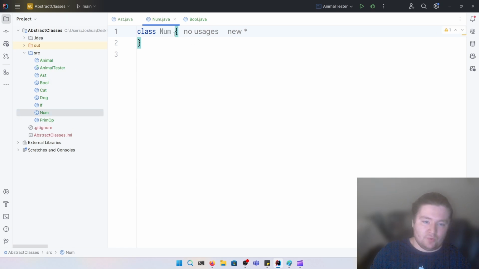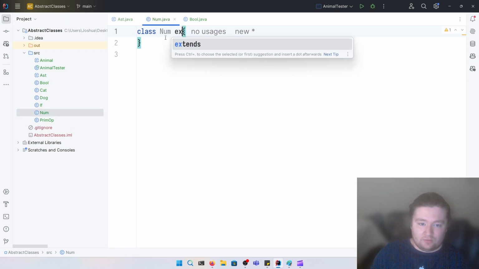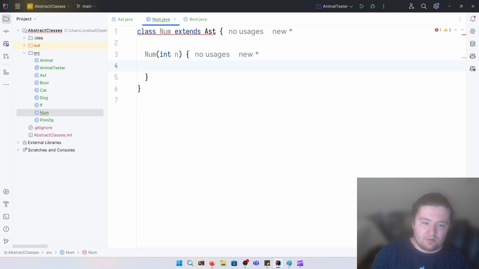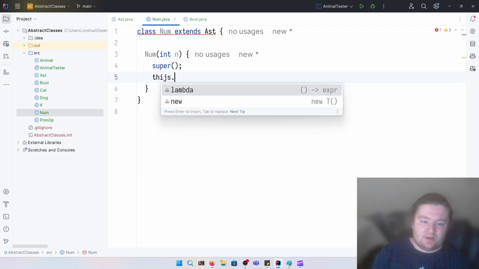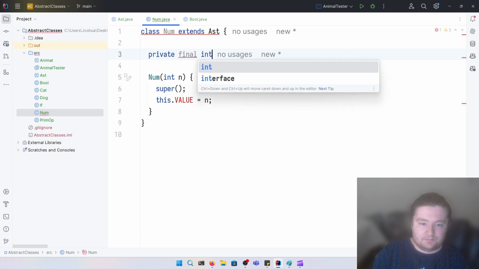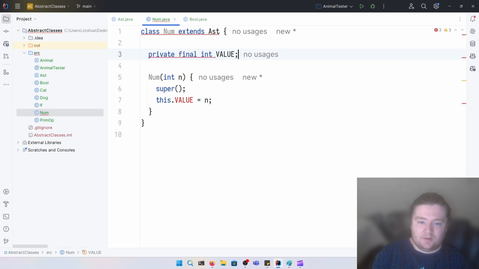We have num and we have bool. So, num is going to, of course, extend the AST class, and then the constructor will look like this, but we need to pass it a number. We need to say what number this num node represents. So we'll give it a number, and then we're going to call the superclass constructor with no arguments, but then we're going to assign it into an instance variable. Okay? Just like that. And then we'll say we can get the value by doing this,